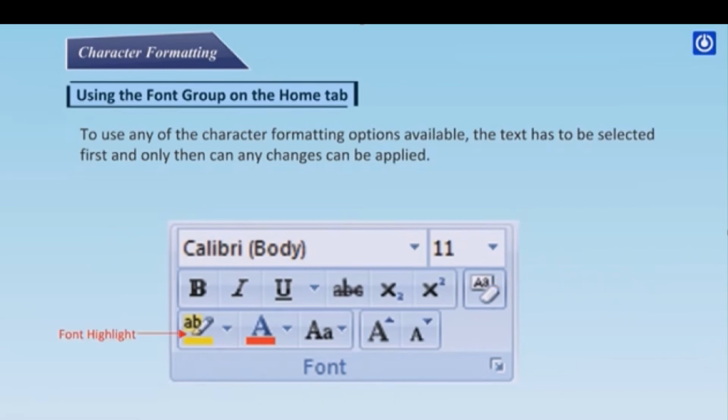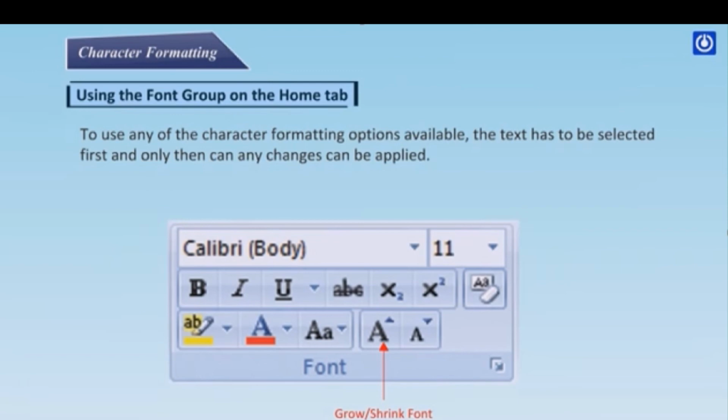Okay, now font highlighting. If you want to highlight any sentence, any word, any letter, so we have to use this font highlighting. If you want to change the color of the text, color of paragraph, want to change the color red, black, yellow, so we have to go to this option from the font color. We can change the color. If we want to change case, so we have to go to this option for the change case and grow shrink font. If you want to bring the big writing or small writing, so we have to select this. Hope it is clear to all of you.